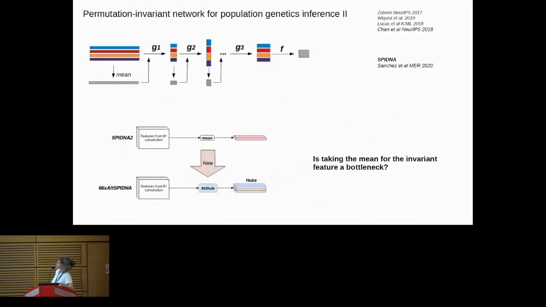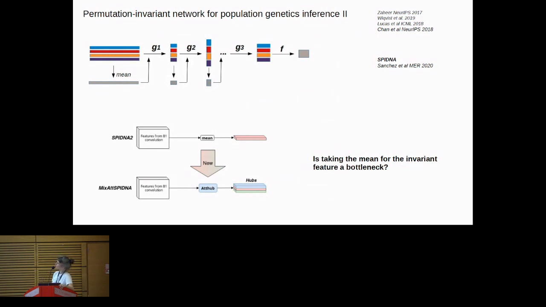Okay, so the question was, are we missing something there? Is there more information that we did not manage to get with the network, or is there actually not more information in the data? And so we thought that this average equivariant function was a bit rough and maybe a bottleneck in the information flow. And so we decided to replace it by something that would be more expressive.